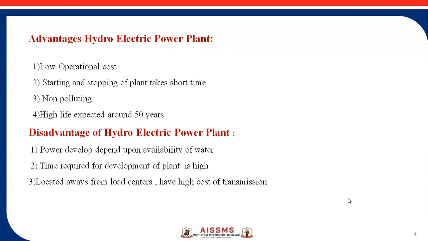Then the disadvantages of a hydroelectric power plant: the power developed depends upon the availability of water, meaning power is supplied depending on how much water is available. The time required for development of the plant is high, up to 5 to 10 years. It is also located away from the load center and has a high cost of transmission. The transmission cost is high and the losses are also high, up to 50% from the power plant to